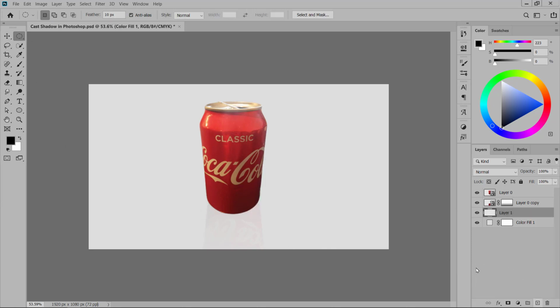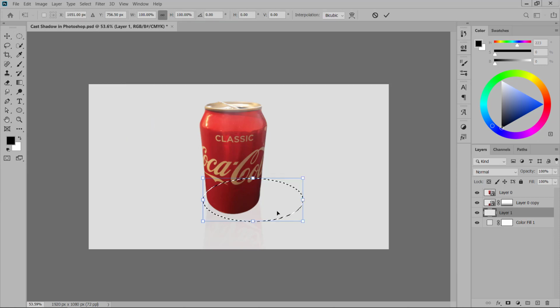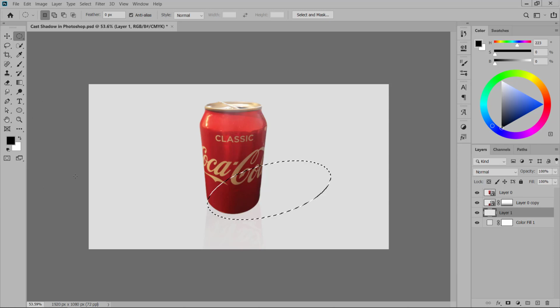Again, I will create a new layer and then make an elliptical marquee selection with 0 pixels of feather, then go to Select, Transform Selection, and then holding the Control key on my keyboard, I can drag from here and then press enter or return, or just click the check mark.